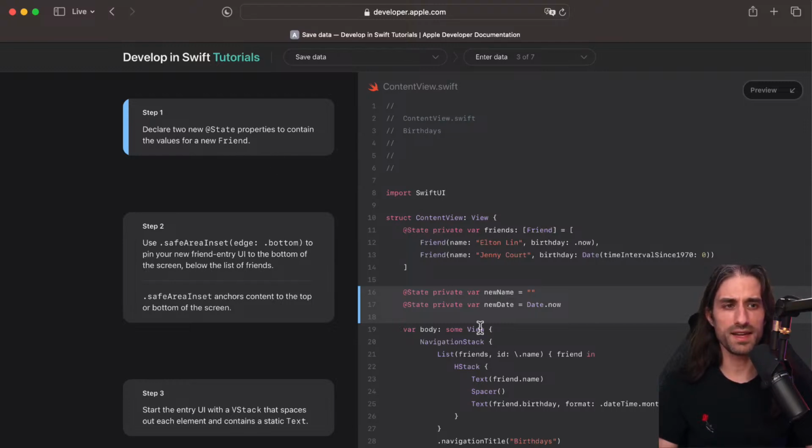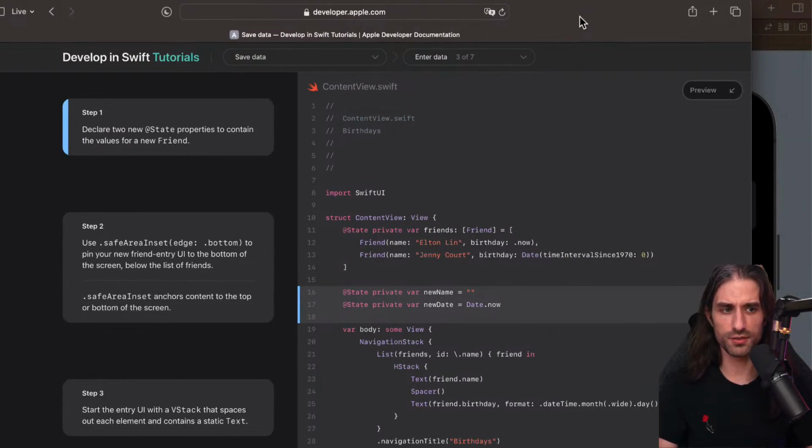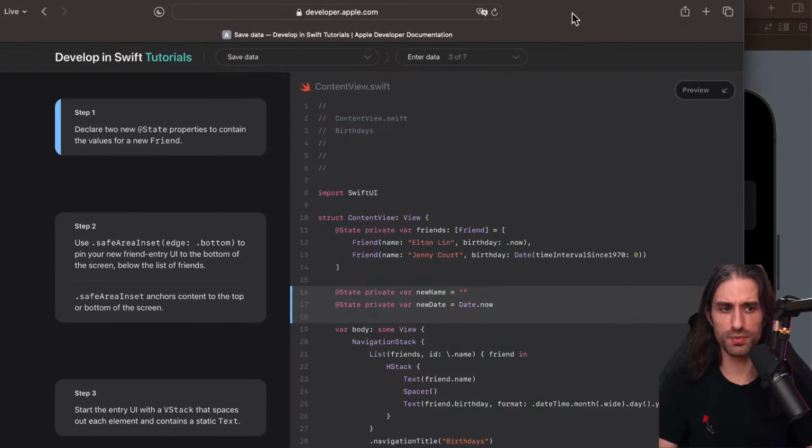So in a real app, I guess maybe you could create a dedicated view for this. Here they choose not to do it, which I guess makes sense because it makes everything easier to follow. You know what, I'm going to move this a bit because I'm covering the code a bit and there is nothing on the left, so I'm going to move the view a bit. I think that's better.